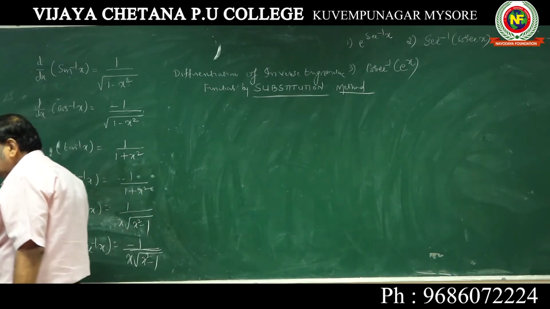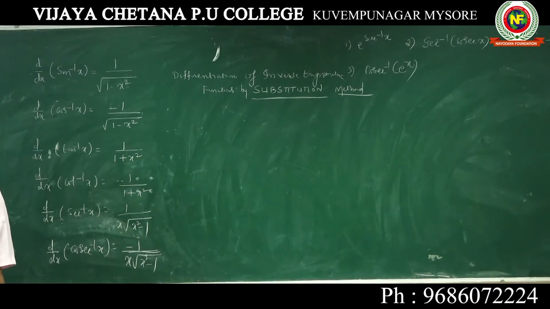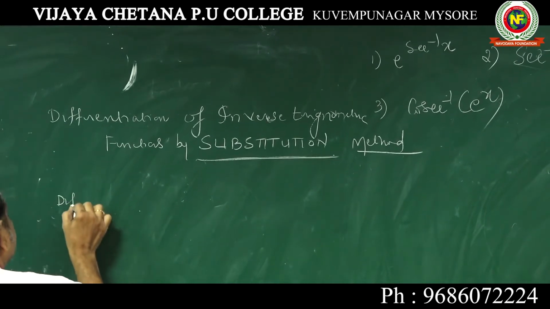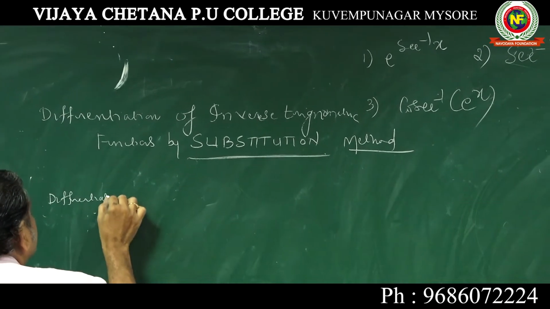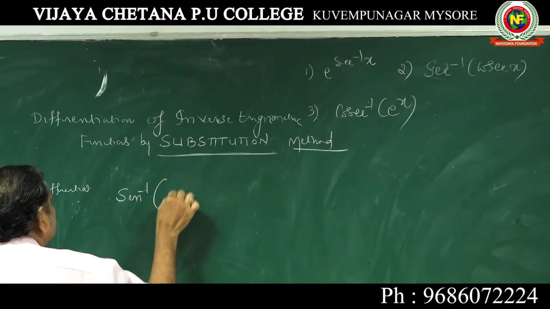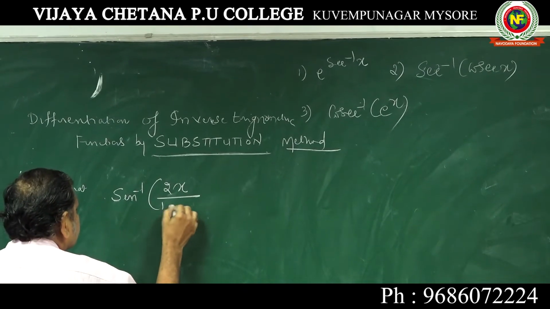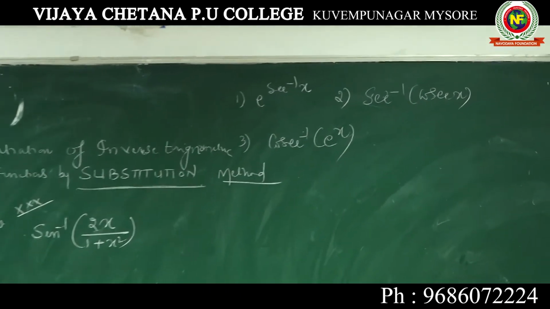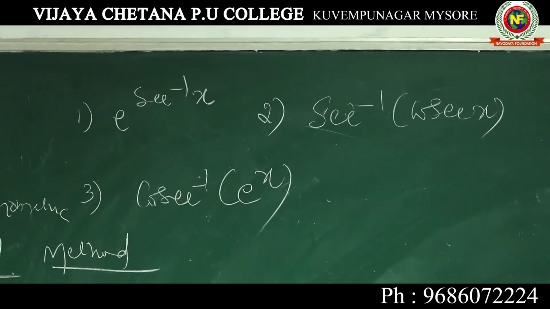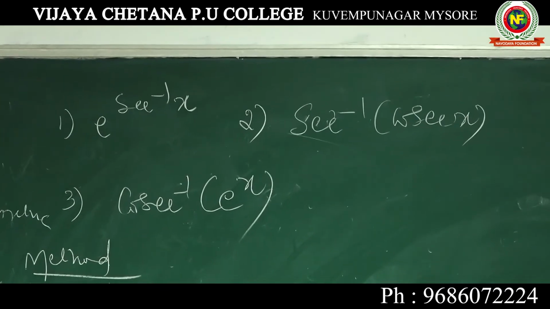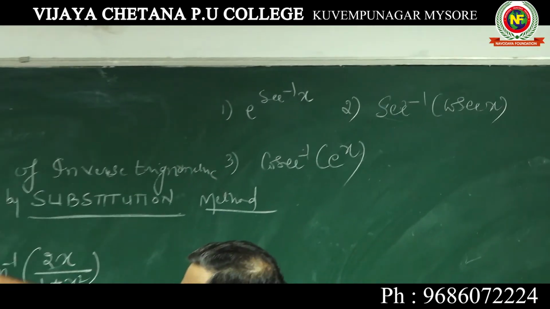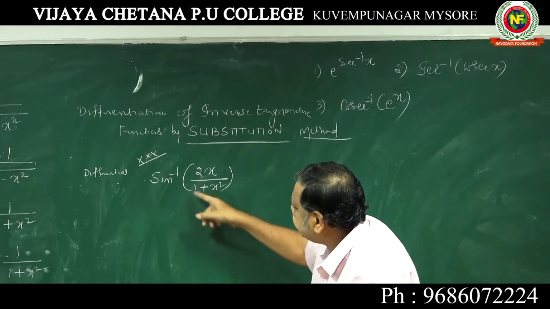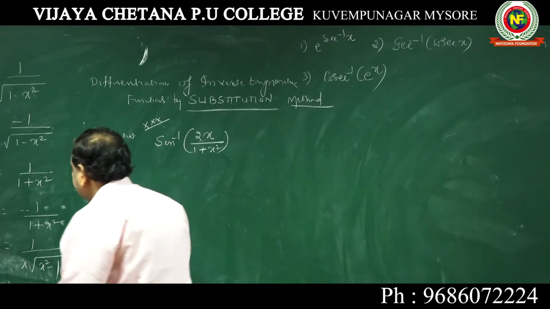So one problem will be there. There are standard problems. We should do standard problems. And the first problem you can take: differentiate sin inverse 2x by 1 plus x square. It is called substitution method. You cannot take this whole thing as x and then 1 over 2x, 1 plus square root of 1 minus so much whole square into d by dx. We should not do that. You have to do substitution.